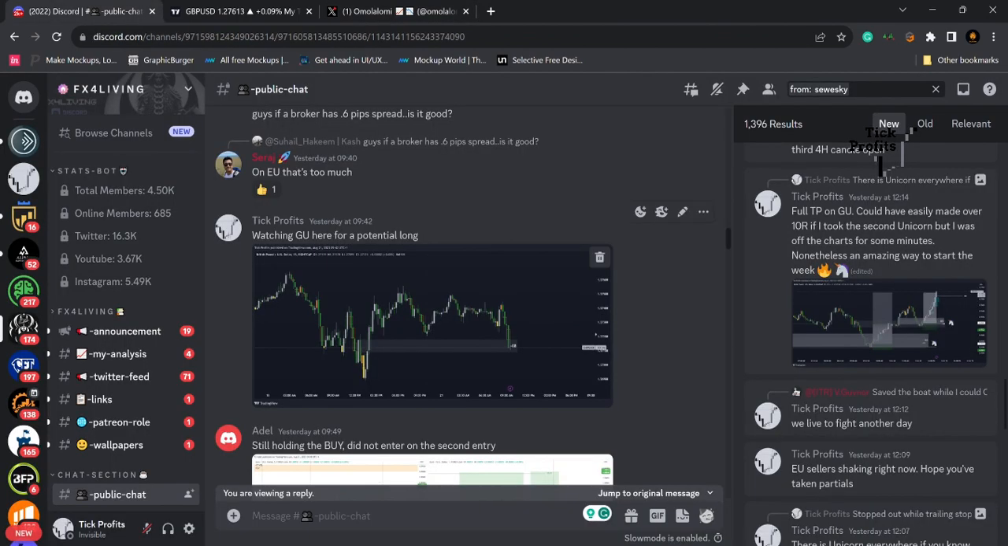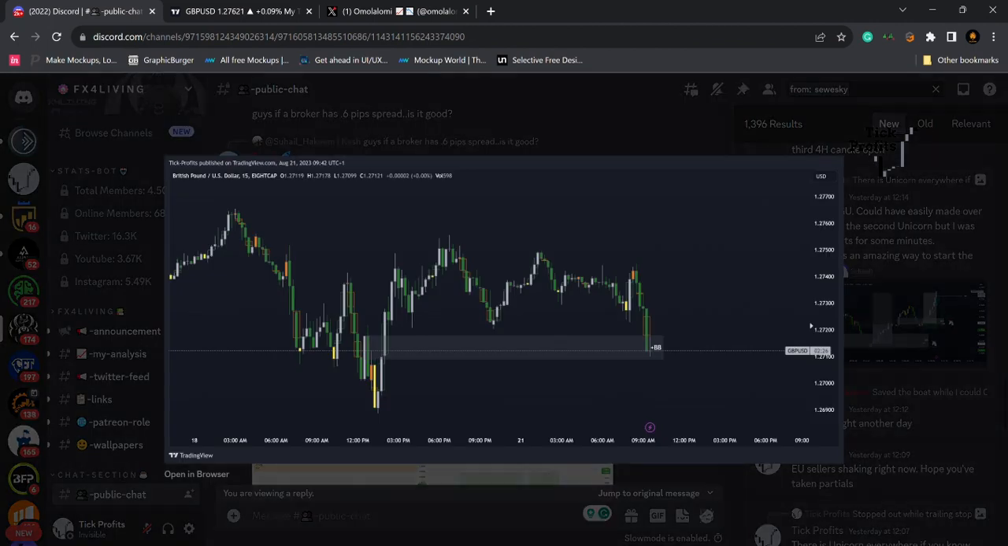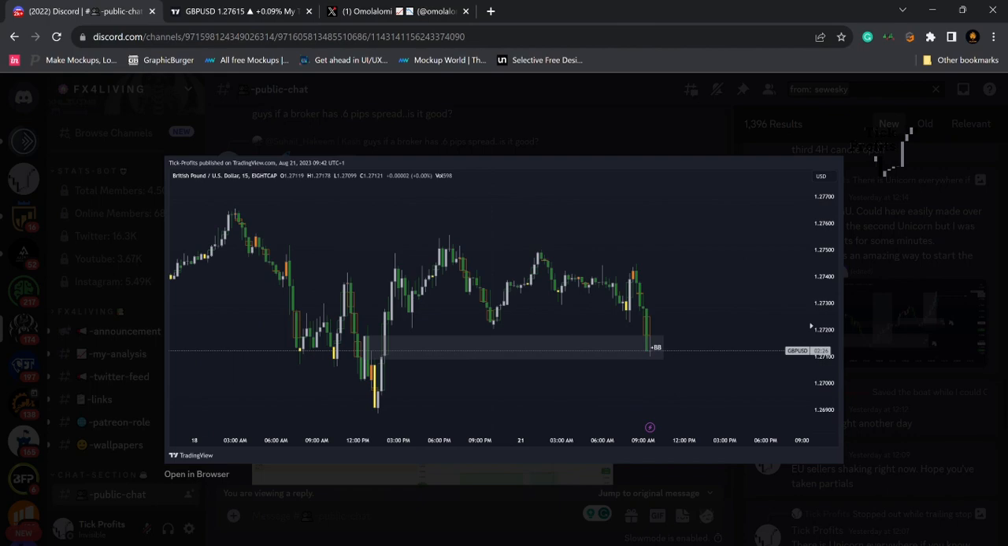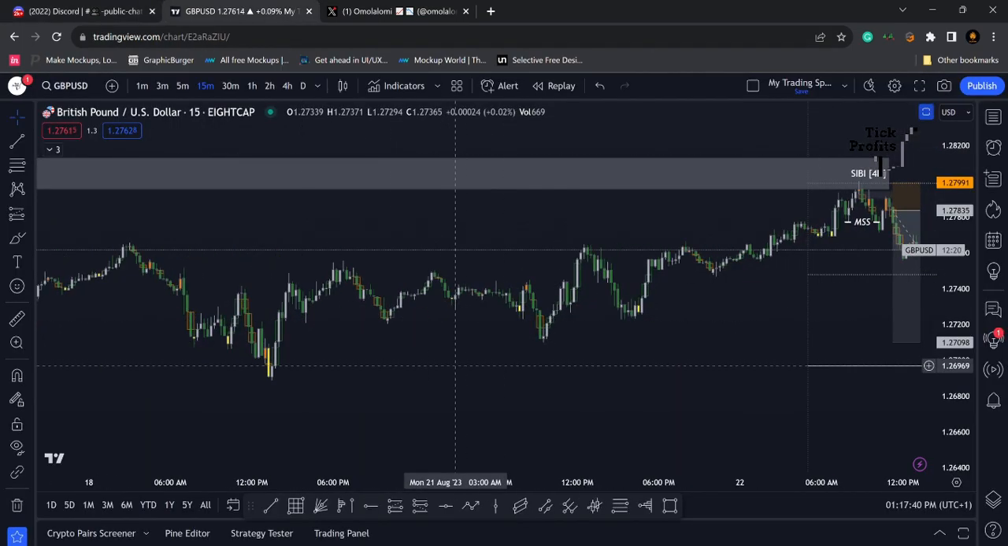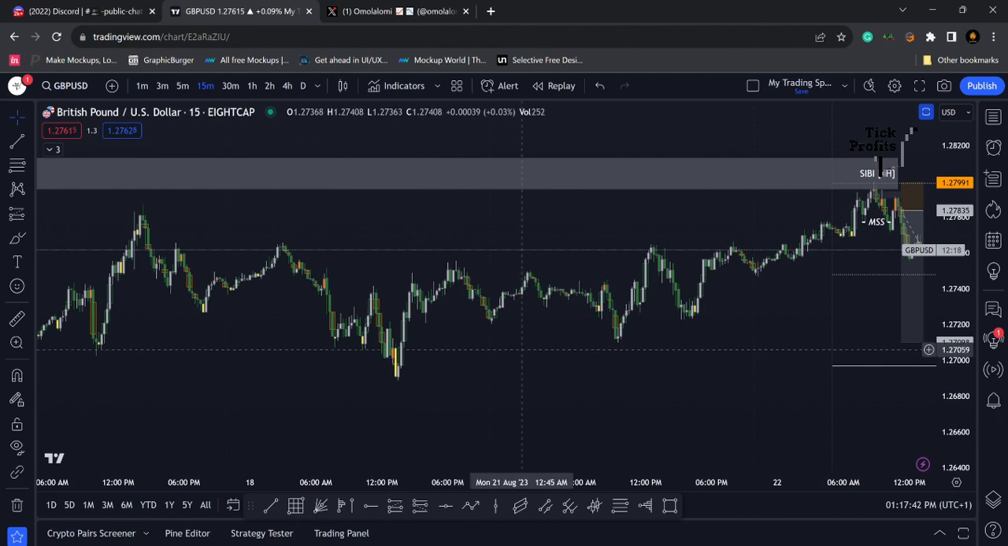This trade was shared in FX for Living's Discord to over 4,500 members. However, you can see this is the markup, but let's go on the charts and mark it up again. So on the charts, when the